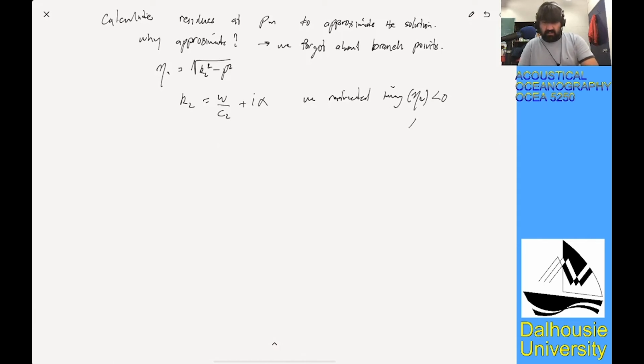So alpha is less than 0. So we can write eta 2 as omega over C2 squared minus p squared plus I alpha. Okay? So we have branch points